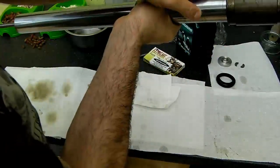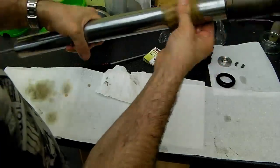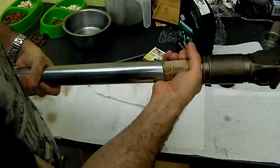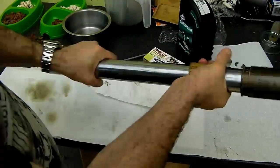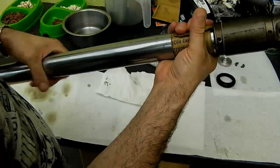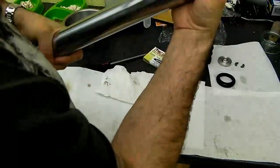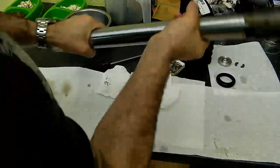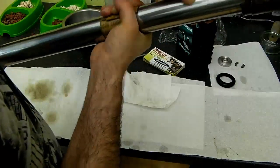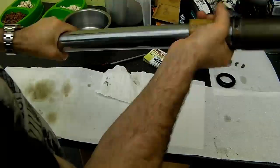Paying particular attention to any areas with obvious little pits and marks like this, because this needs to be completely smooth. Of course, if your fork stanchion is badly pitted, then you're probably going to be looking at repair, replating or replacement. So you need to assess that on a fork leg by fork leg individual basis. The pitting on this is not actually too bad, and as I say, it will buff out,